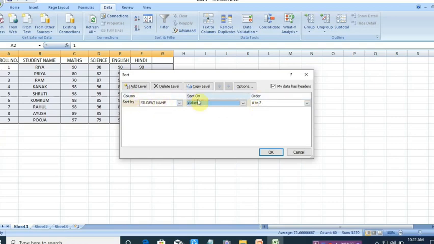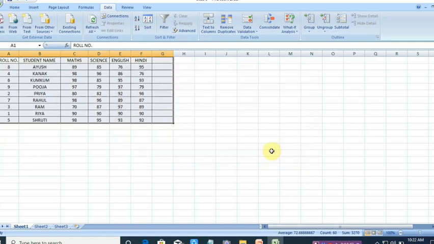Now this is the criteria on the basis of which we want to get our table. Then click OK. Now you can see here,